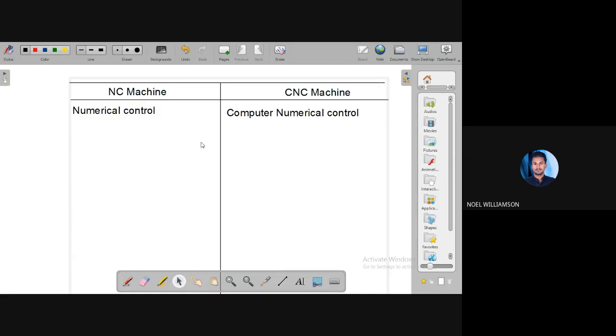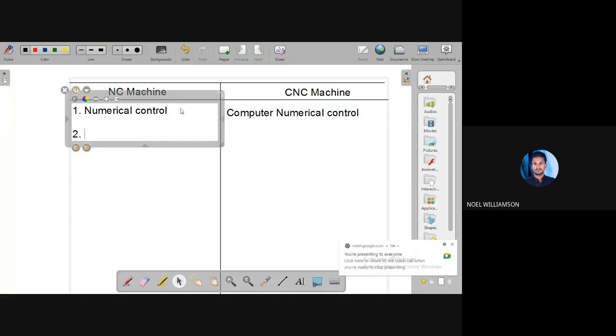Now, in the second case, here the machine is controlled by some set of instructions. You have seen in the programs.